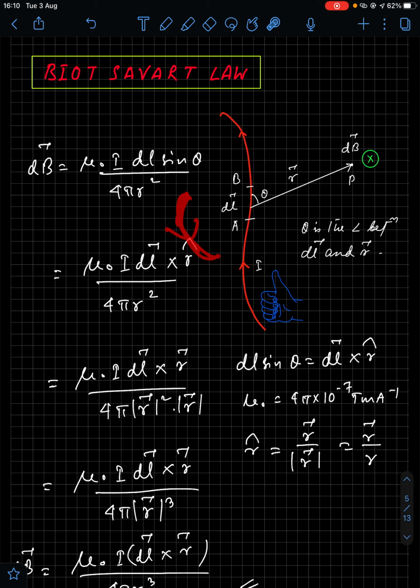Yes, from the page they will come out. Dot means coming out, and cross means entering the page. Always remember these conventions. Dot means coming out, cross means entering. So here the magnetic field lines will come out, and on the right side of this wire, at this point P, the magnetic field lines will get in.